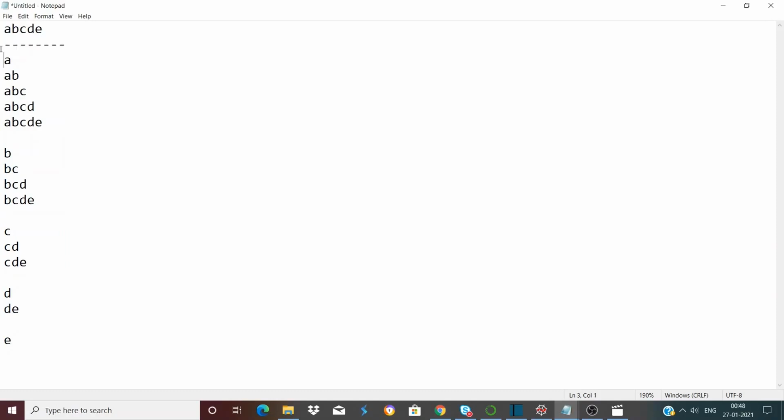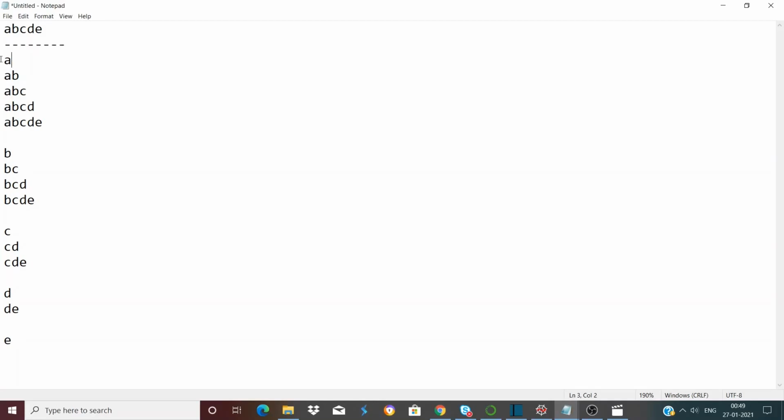Now in each step, to find all the substrings that include a particular character, we have to take the help of the slicing operator. So we have to start slicing at that particular character, and in each step we have to increase the number of extracted characters by 1.